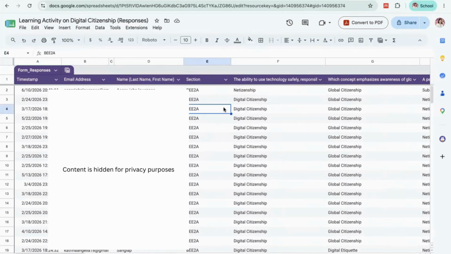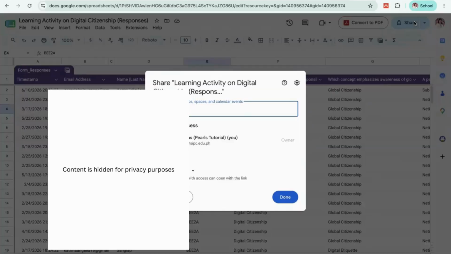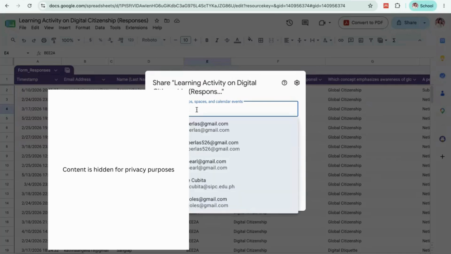After sorting the Google Sheet result of your Google Form, you can actually share this file to your colleagues, to your supervisor, or to your head, depending on the need. In case you want to do that, you just have to click share here. Then you have to specify the email address of the person you want to share the file with.